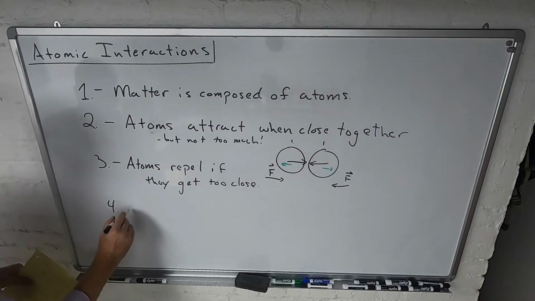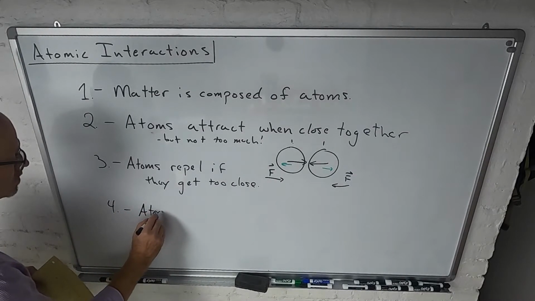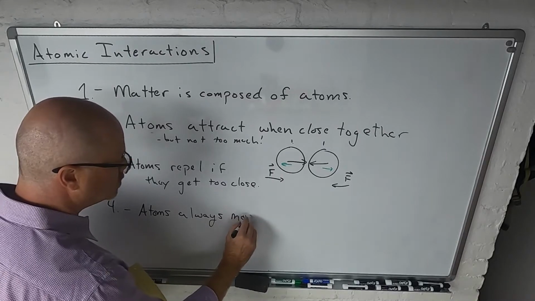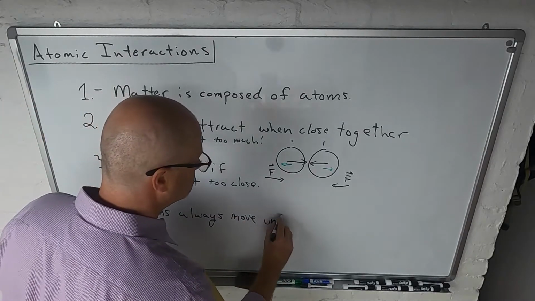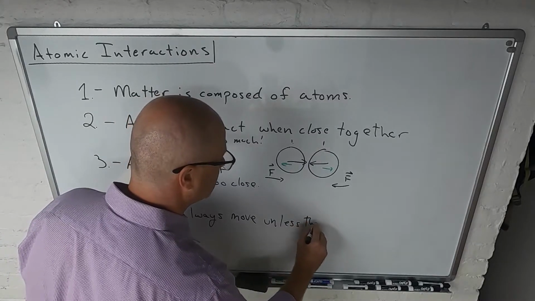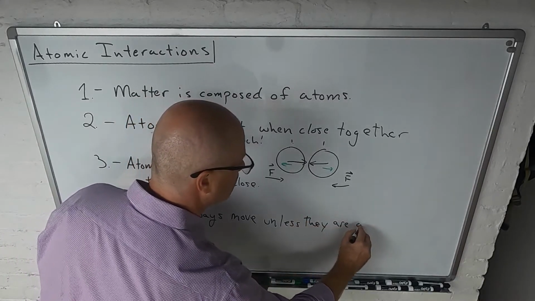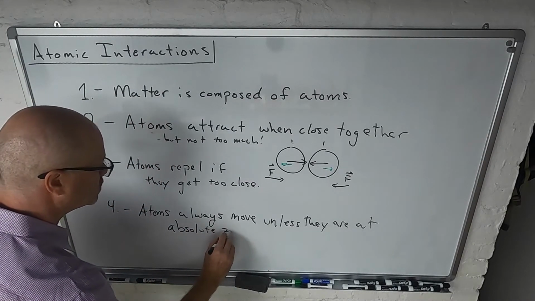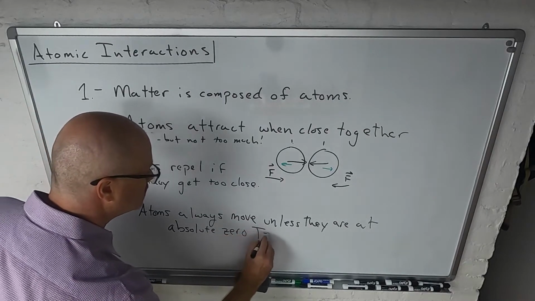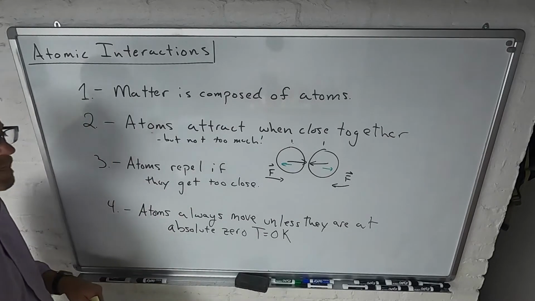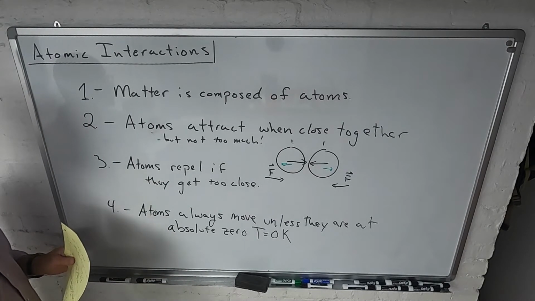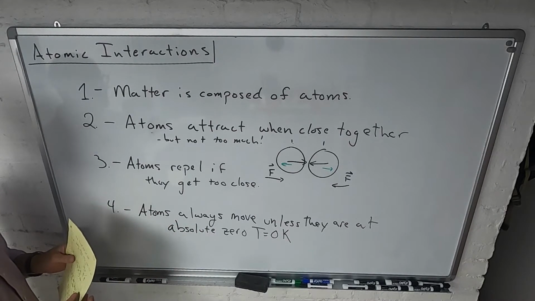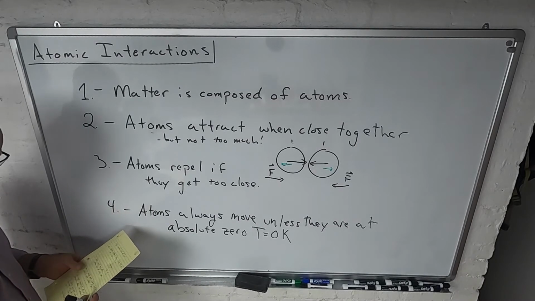And the fourth idea is that atoms always move unless they are at absolute zero. T equals 0 Kelvin. Now, no one on Earth until the late 90s had ever seen an atom at absolute zero. However, in 2001,